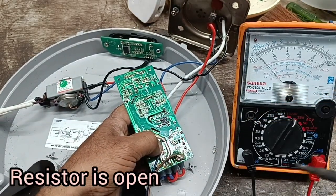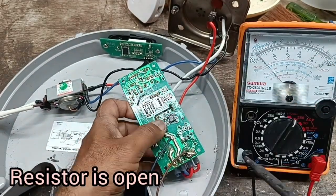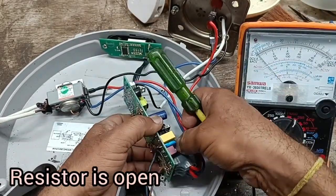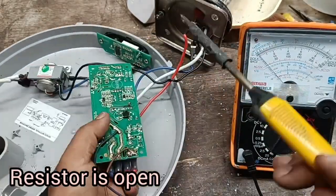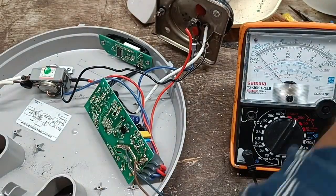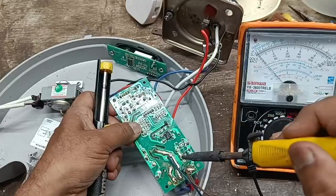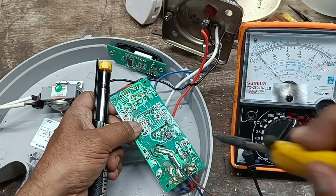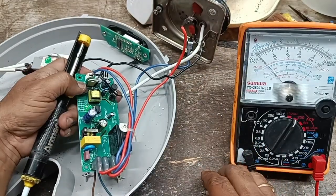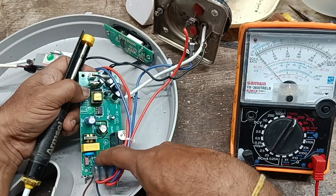when operating on the board, we must work safely, otherwise the tracks are burned out. A low volt iron is used, and then the lead remover is to be used. Okay, this is the place of the resistor. Okay,